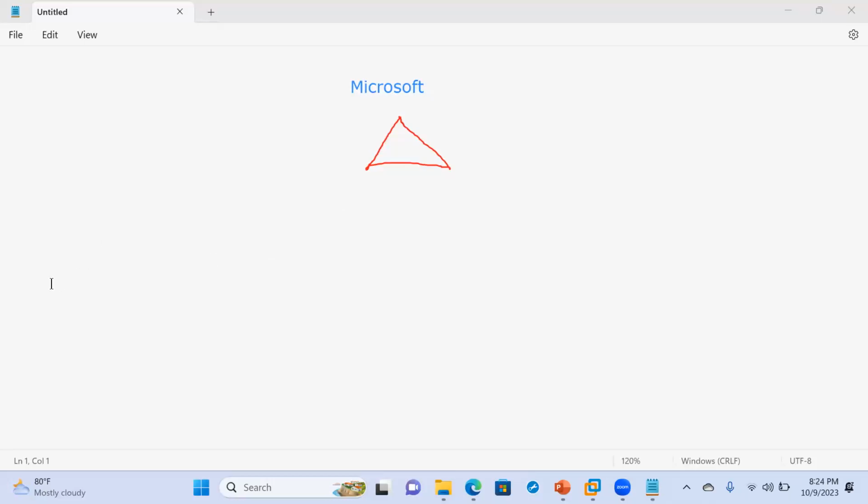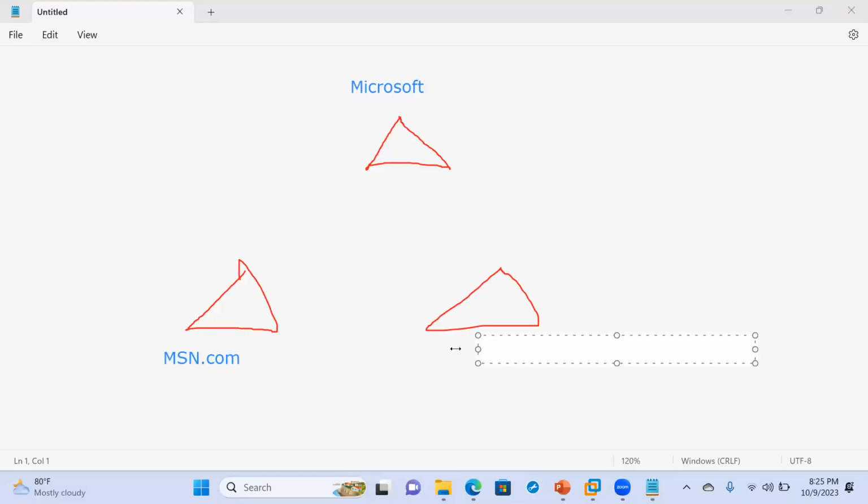Then Microsoft builds another subsidiary. Are we okay? There's another domain here, and then let's say there's another one here. So this one here is called msn.com. Are we okay? And then we may have Xbox or office.com. Now these are all under Microsoft, but then they have their different